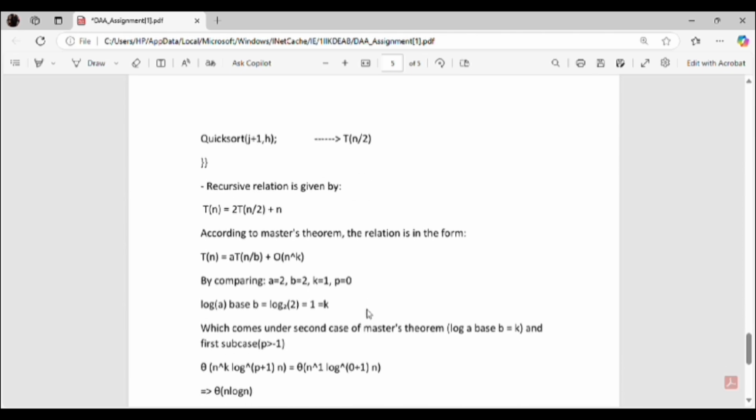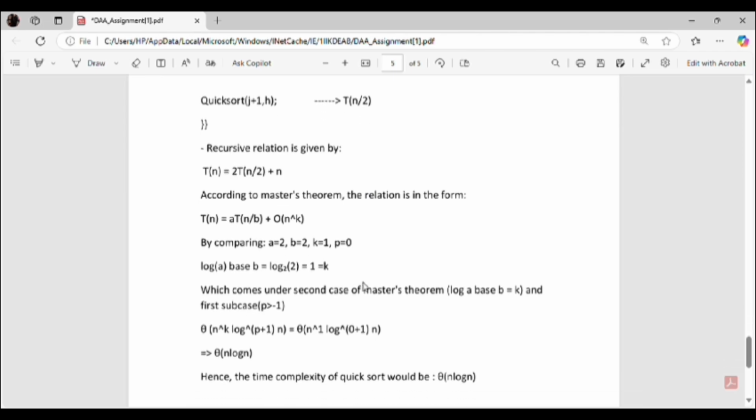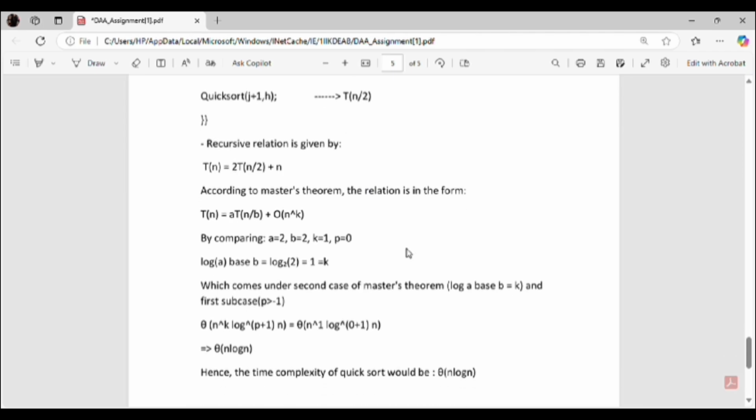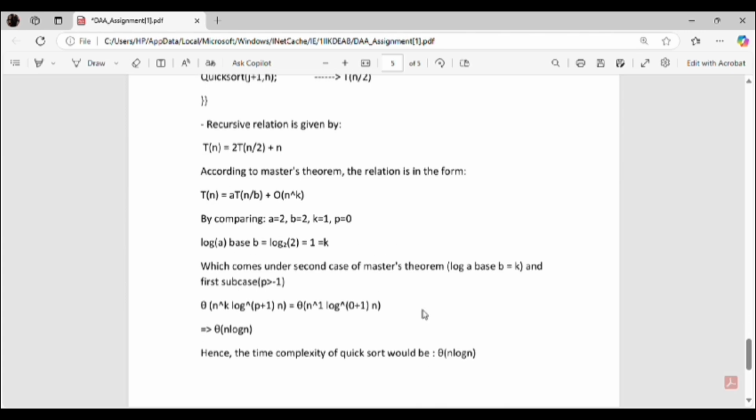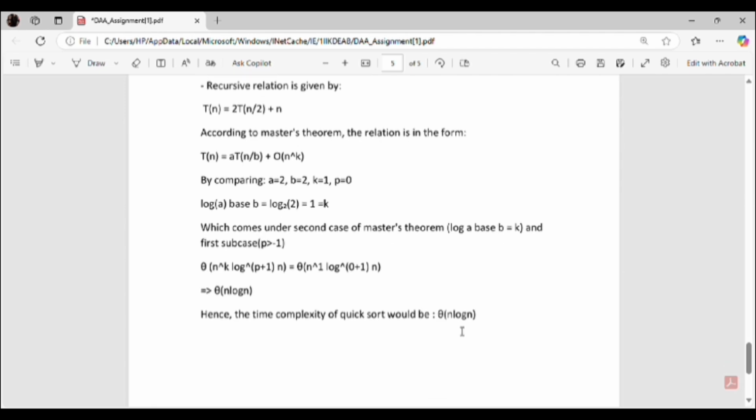According to the Master's theorem, the recursive algorithm can be given as T of n equal to 2T of n by 2 plus n. By comparing it with the Master's relation, we can get a equal to 2, b equal to 2, k equal to 1 and p equal to 0. While comparing log a base b to k,